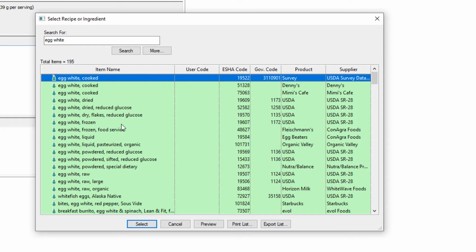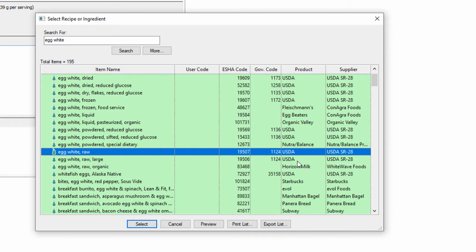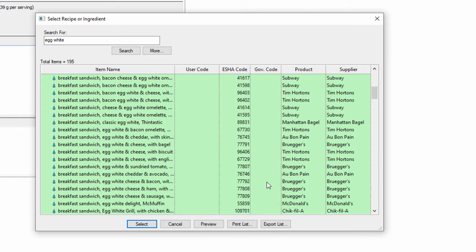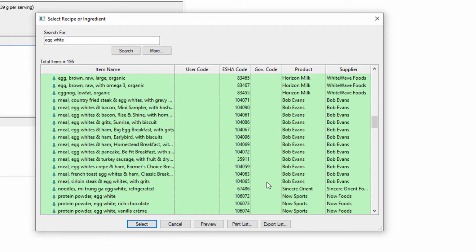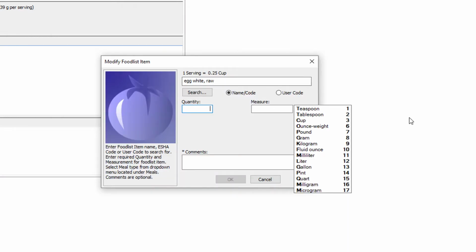Okay, I didn't know there was frozen egg whites. Did anyone know that? Reduced glucose, raw. I feel like that works because it is raw. That's what we're using. And again, we might have to play with this one because it's not very common. Yeah, okay, now it's getting too crazy. Okay, we'll try that one,